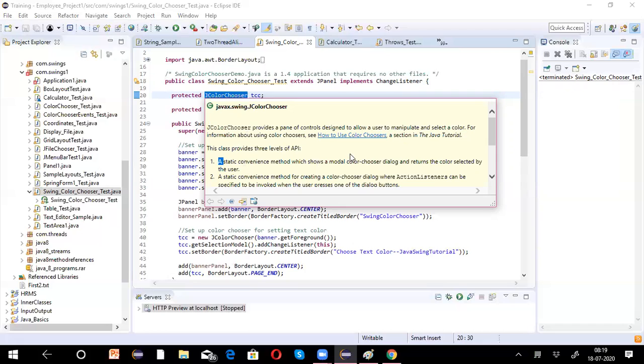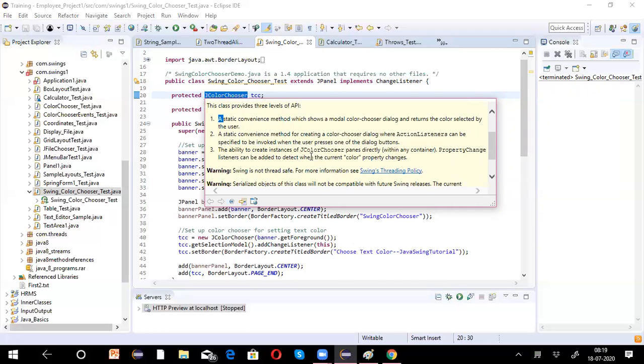This class provides three levels of API. A static convenience method which shows a modal color chooser dialog and returns the color selected by the user. A static convenience method for creating a color chooser dialog where action listeners can be specified to be invoked when the user presses one of the buttons.